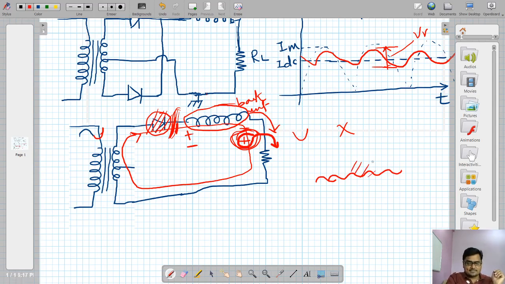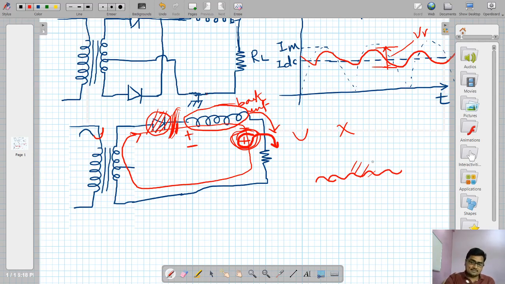Is it? In the negative half cycle we don't need output at all, but still I am getting output. Why? Because of the inductor. It means the operation of the rectifier, we are cancelling it ourselves. What was the operation? During the negative half cycle the output should not be there, but it is there because of the inductor. So this is not the rectifier's output, the inductor itself is producing it and adding it to the output. Is it? The inductor is producing output by itself. And that inductor is adding its own voltage, that's back EMF, into the output voltage, which is not desired. Nobody wants that.